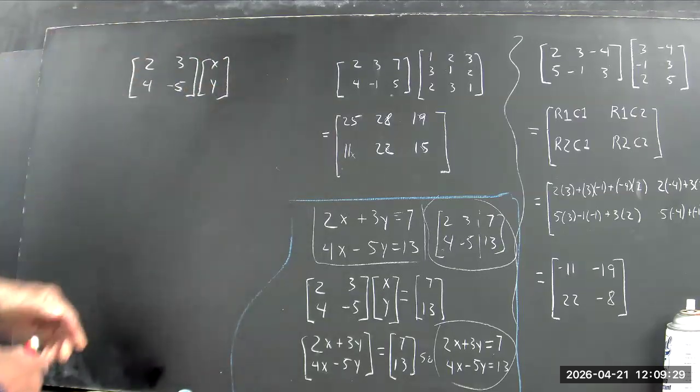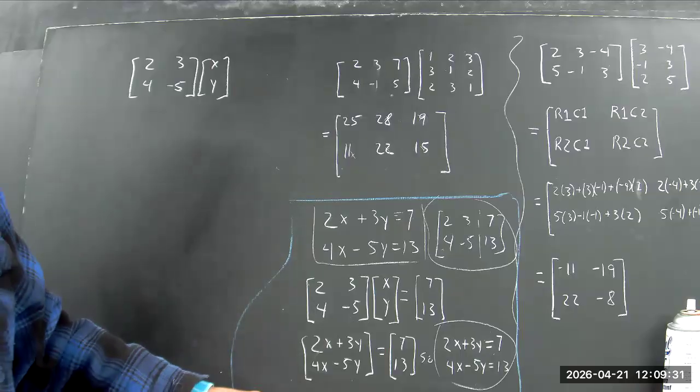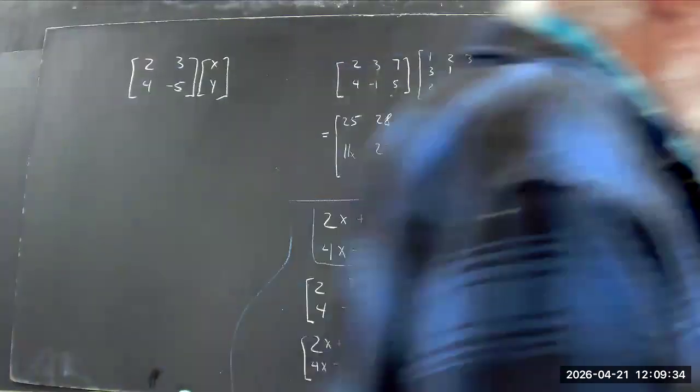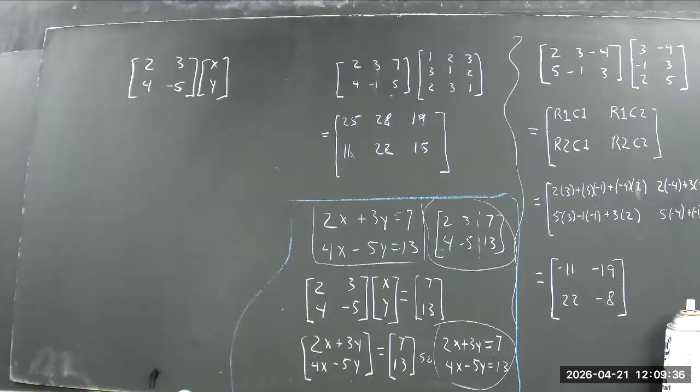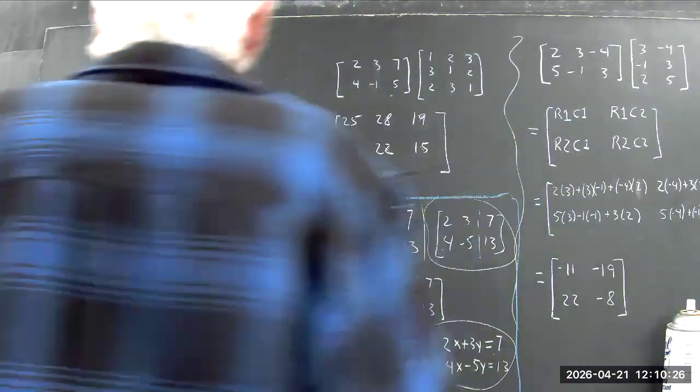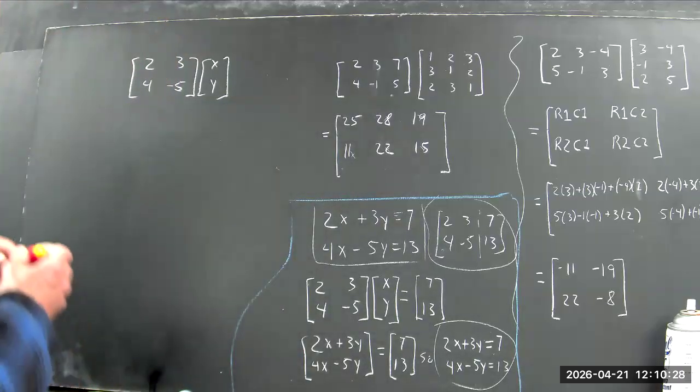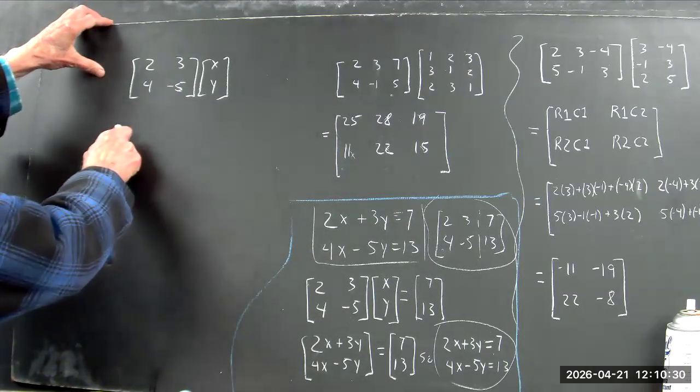Just two rows multiplied by a column. Just write out what you get. You don't have to do a lot of arithmetic this time. Okay, everybody's really good with this. This equals